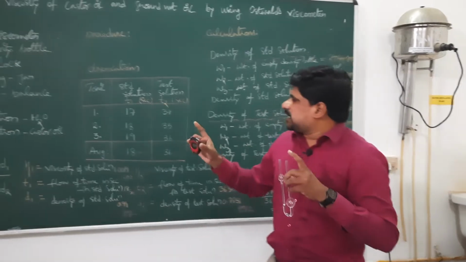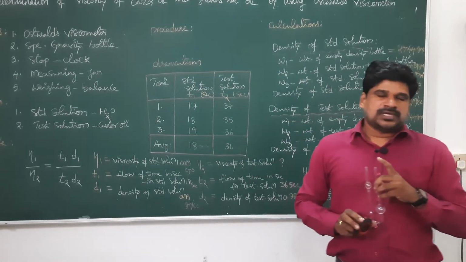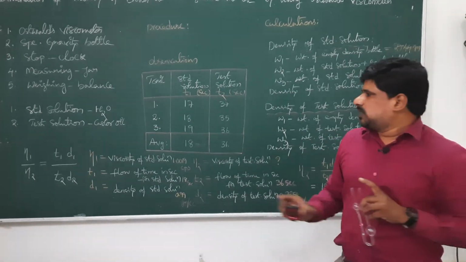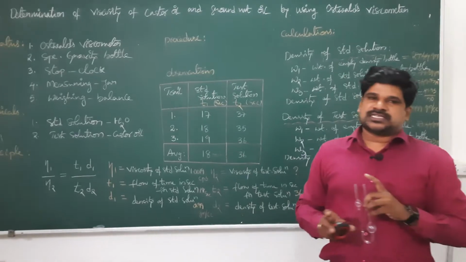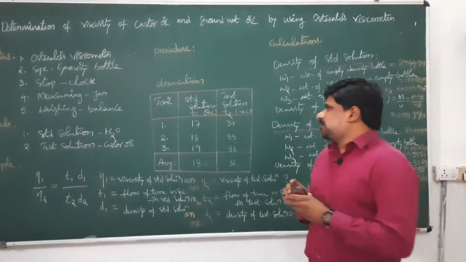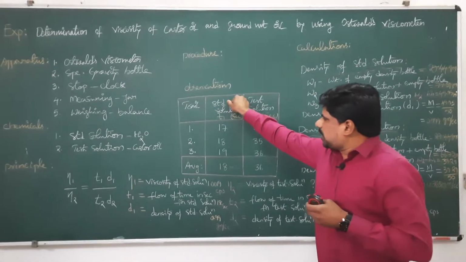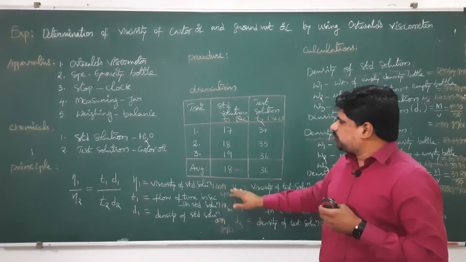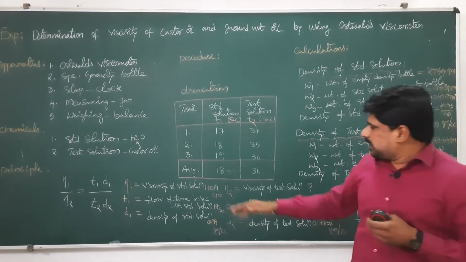And in a second trial I am getting the time is 18 seconds. Similarly, go for the third trial, I am getting 19 seconds, and cumulatively you have to take the average time of the standard solution. Here I am getting the average time of the water flow from mark A to mark B is equal to